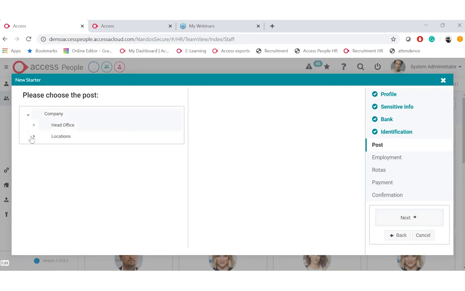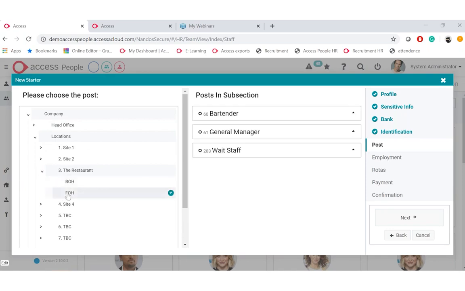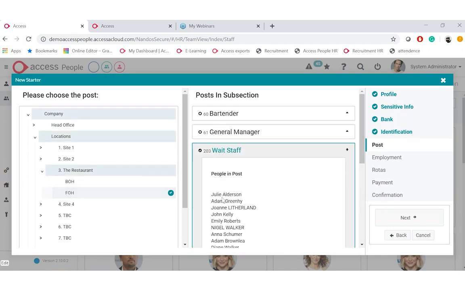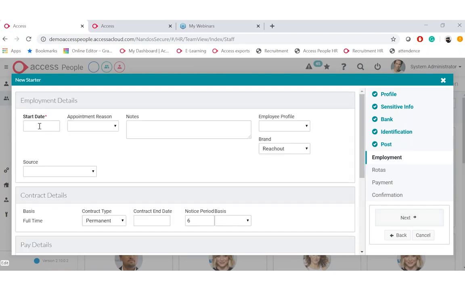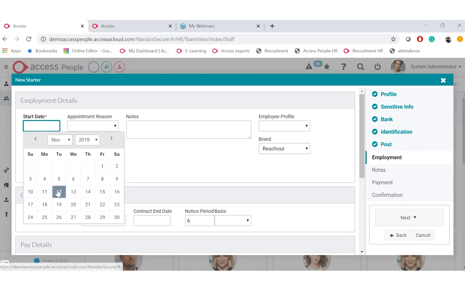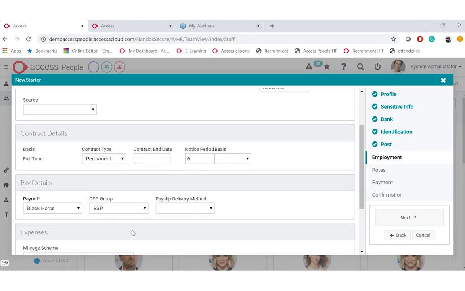I'm just going to pick up the post of where I want this individual to be based, and simply put the start employment date. So I'm going to put today's date. As I said before, all this information is actually pulled from the role. So it knows that this is a full-time role, it's permanent, what the notice period is.